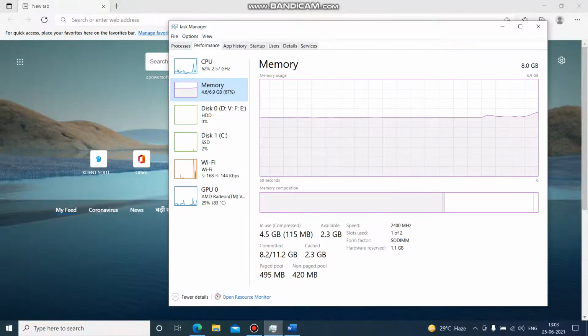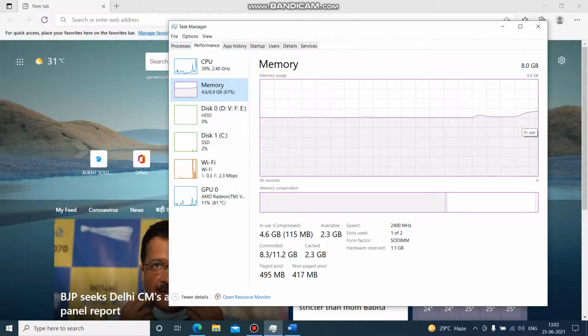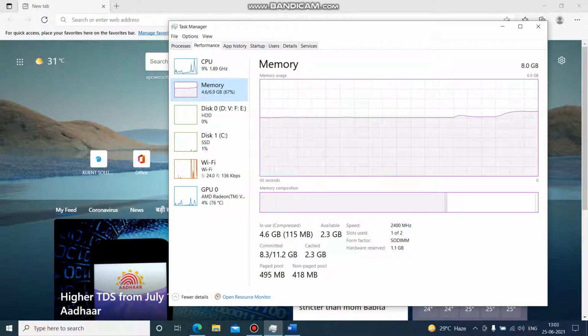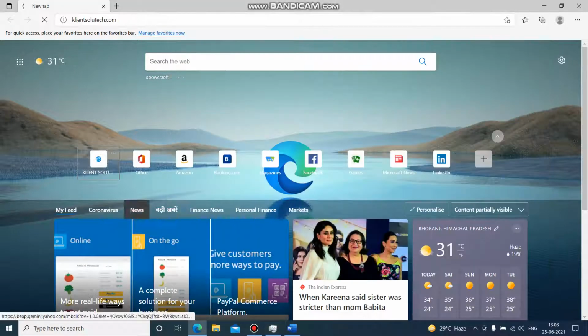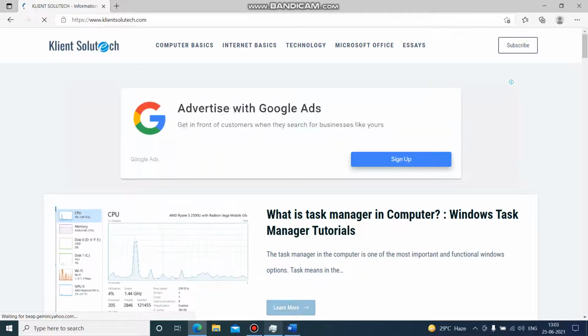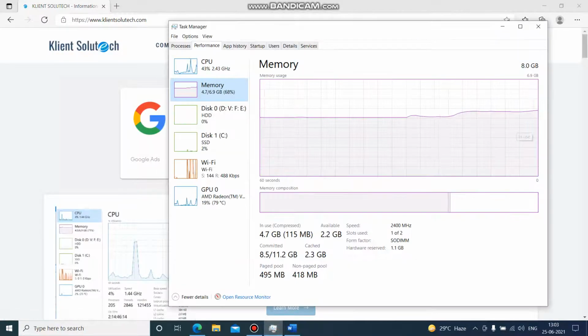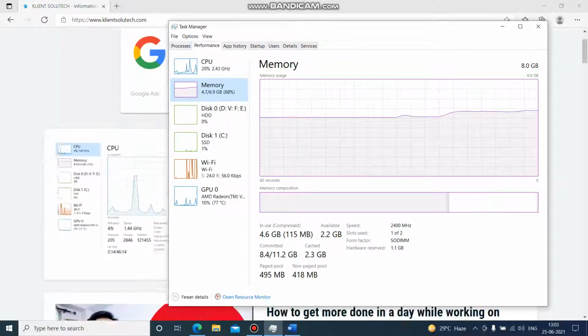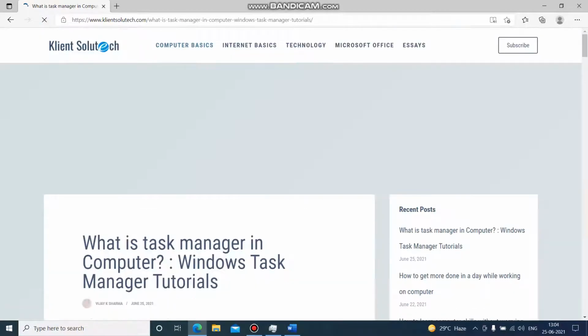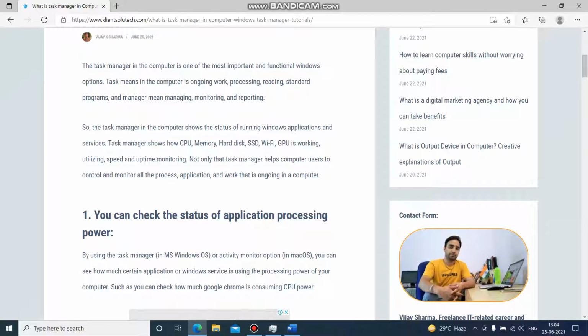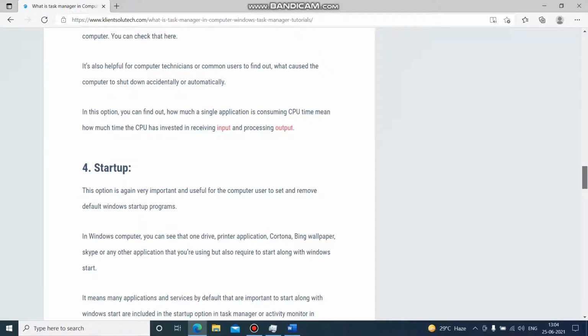For example, if I run Microsoft Edge, now you can see this line is going up. If I run any other program or website, again you can see it going up. And if I open it, you can also learn more about Task Manager. Here I have written it in complete detail.